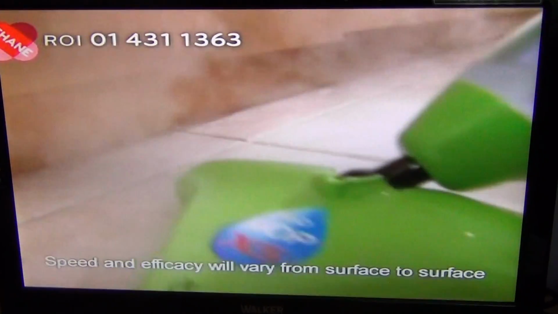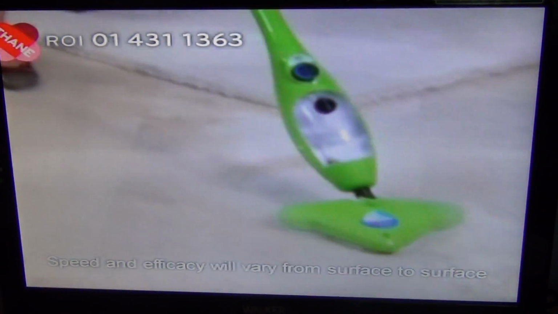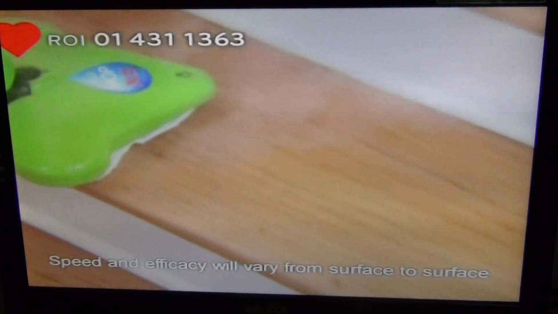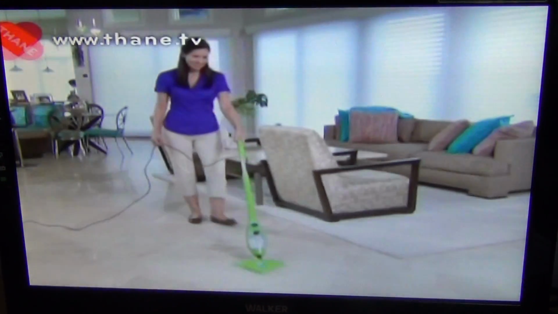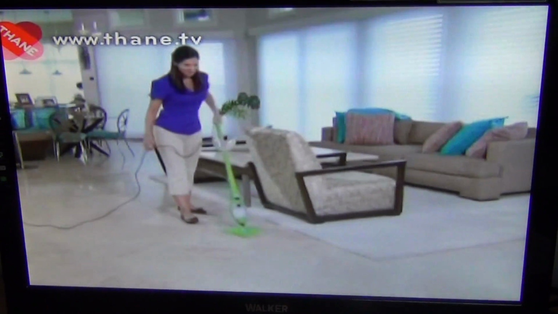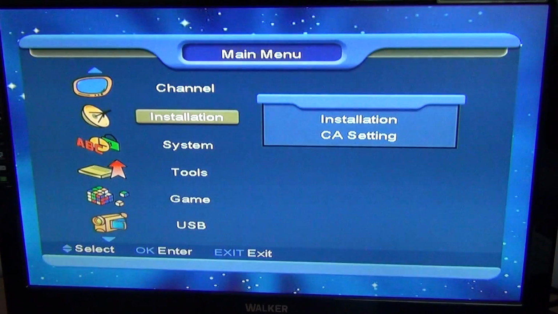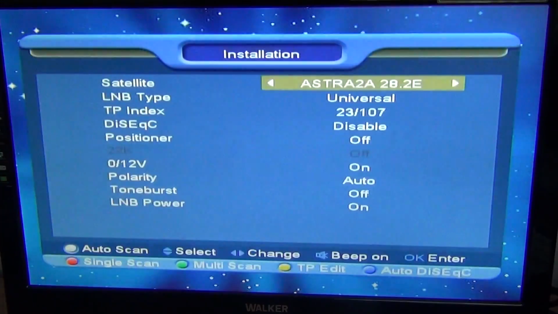In this video for the TV Star S3000 standard definition satellite receiver, we're going to show you how you can manually tune in a satellite channel and in addition how you can manually add a transponder. So to do this, all you simply do is press menu, go to installation, arrow over to installation, and what